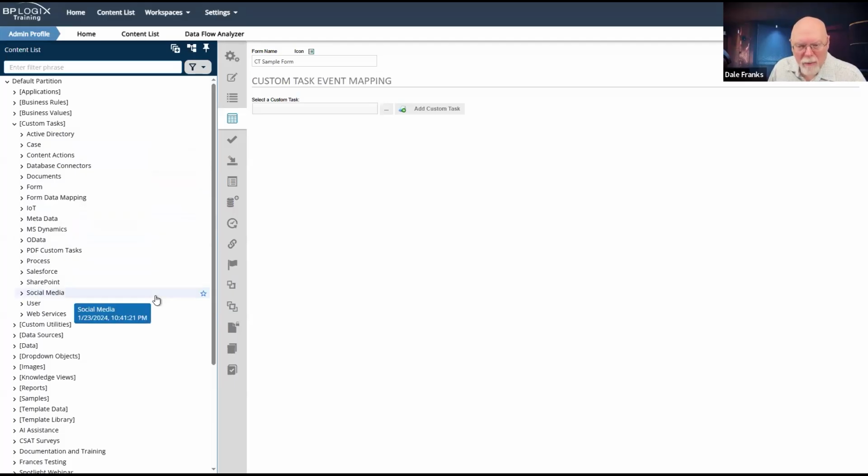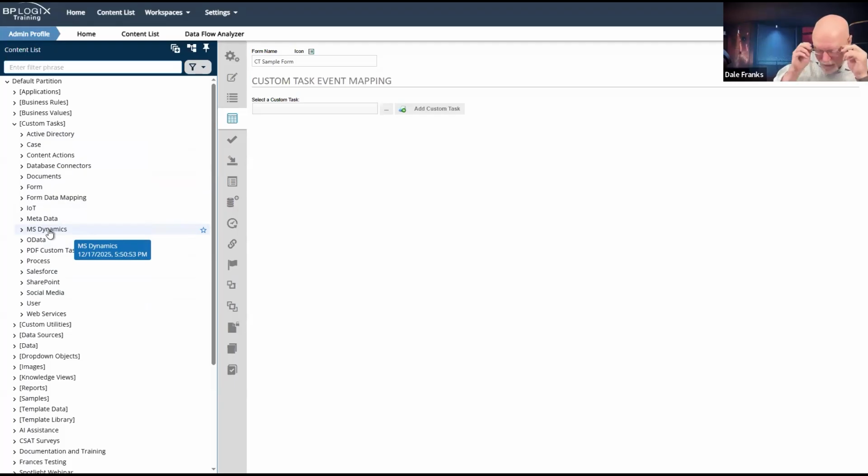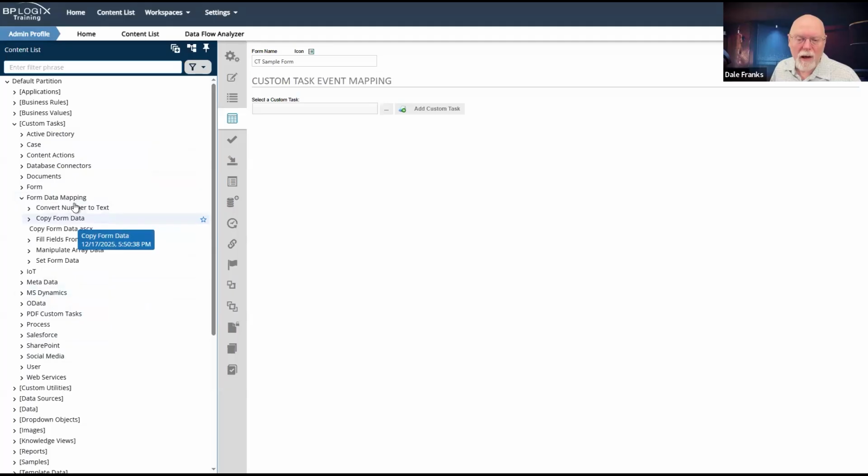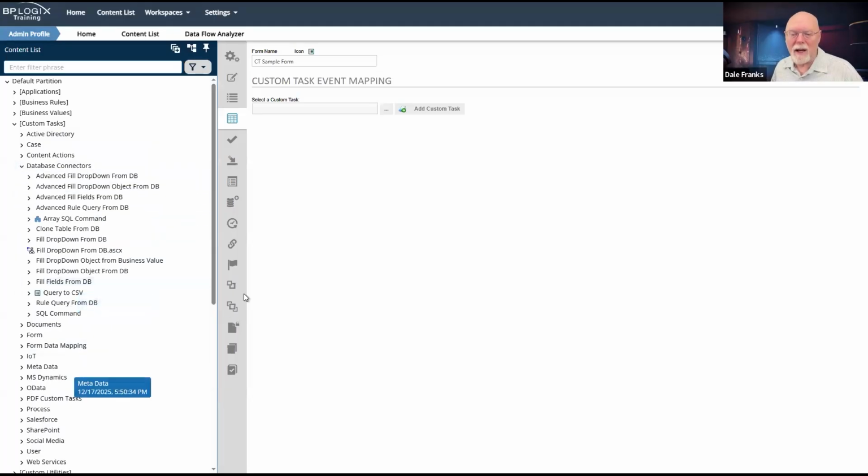One thing to note about custom tasks is that if there is a UI method to do something, you shouldn't use the custom tasks to do it. A prime example of this are all of the custom tasks that fall into the not form data mapping, database connectors.